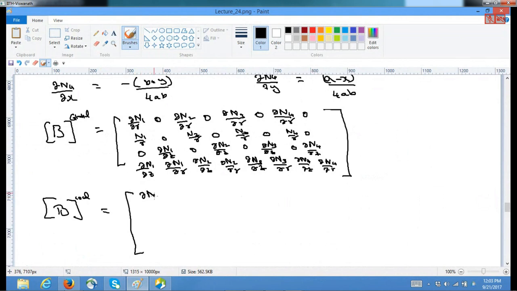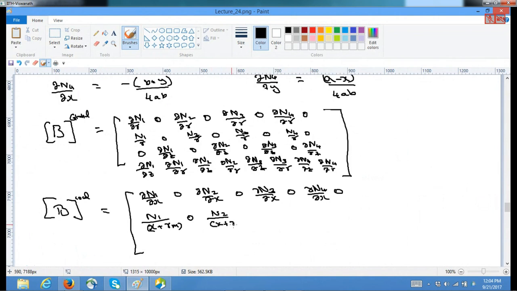So this is del n1 by del x, 0, del n2 by del x, 0, del n3 by del x, 0, del n4 by del x, 0, then n1 by x plus rm. That is the only difference. 0, n2 by x plus rm, 0,